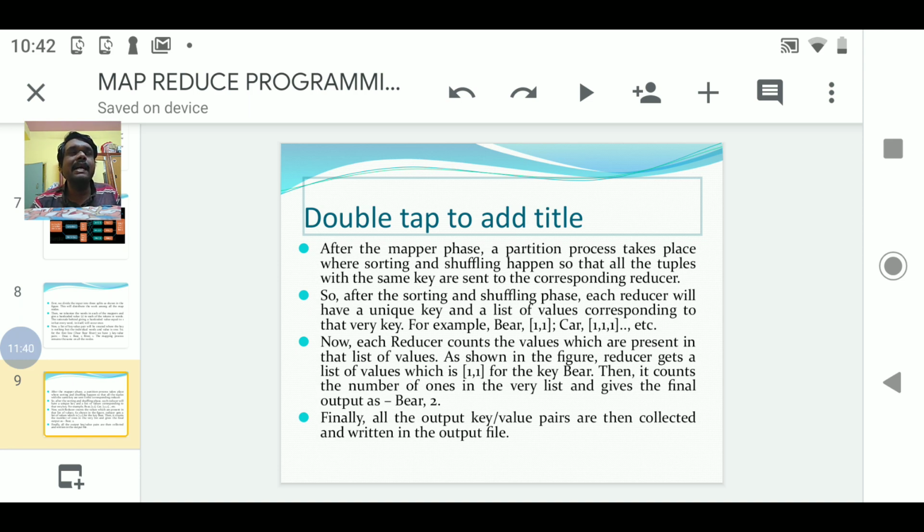So what is happening in the sorting and shuffling stage? Shuffling collects all the values of a particular key, and sorting sorts all the key value pairs based on the key, and this input will be sent to the reducer.